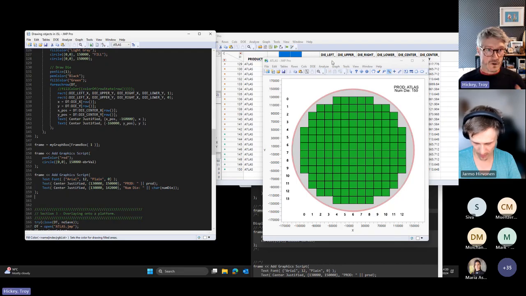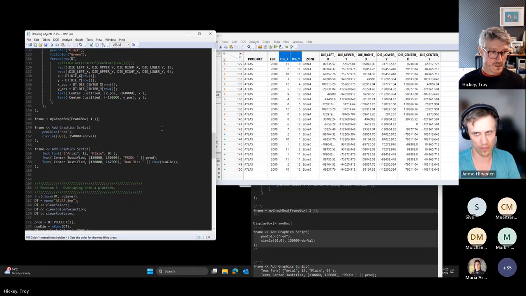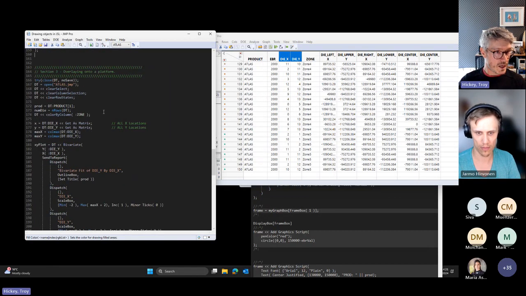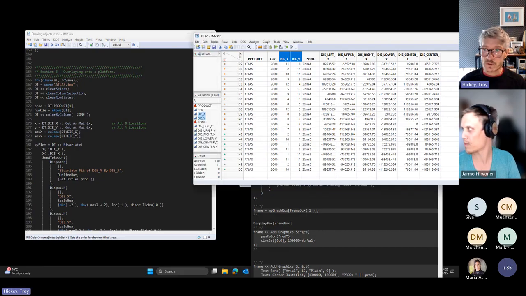Okay, so we saw Graph Builder and how it was useful for creating a kind of a map, in my case, and it had some interactivity with the table. And then this one here is a purely graphical item, which is for visualization, but it doesn't really have interactivity. But there is actually a third step where we can combine both, and that is to draw on top of a standard platform like Graph Builder or X by Y plot some graphical elements, and we're going to do that next. So right now, I'm going to close my table,